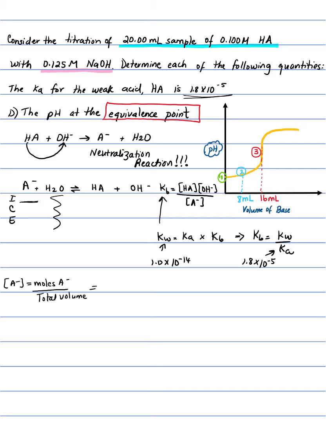The moles of the conjugate base are equal to the moles of the acid that you have, 0.002 moles. The total volume here,